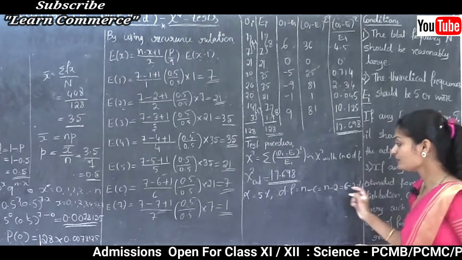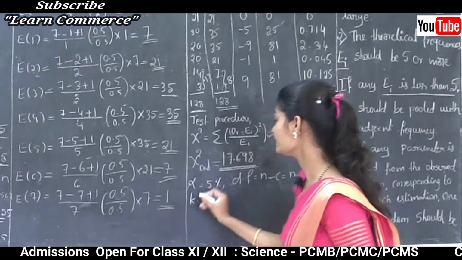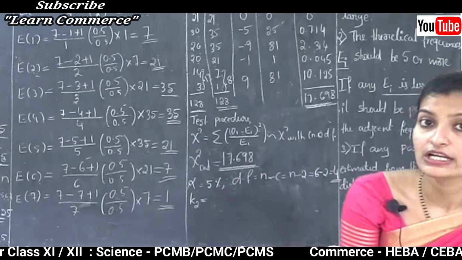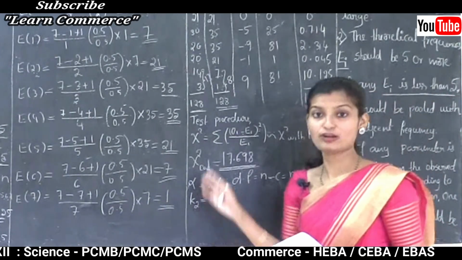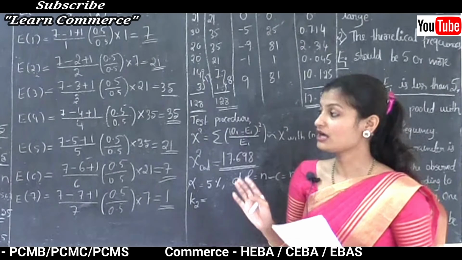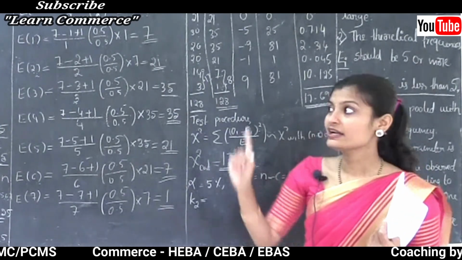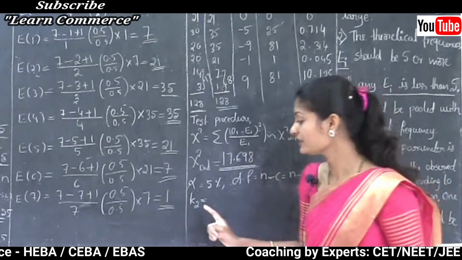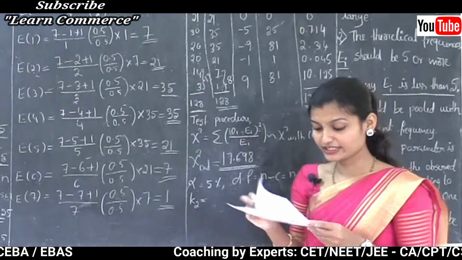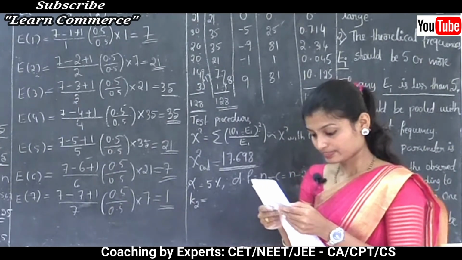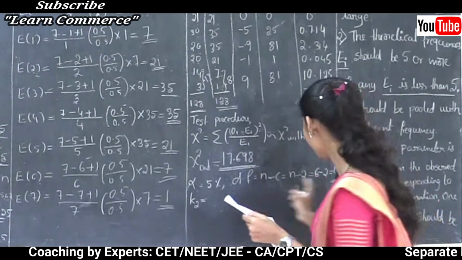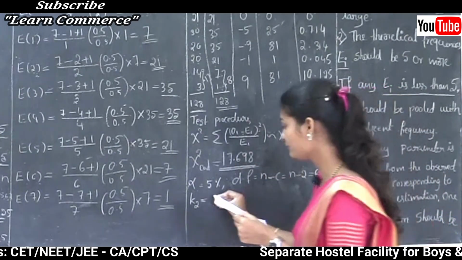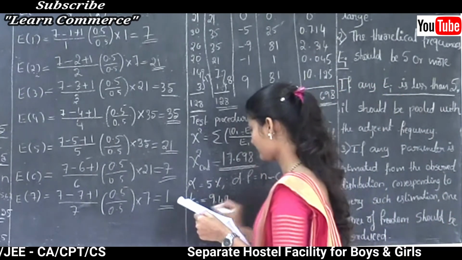Now we need to find the critical value. Using alpha and degrees of freedom we can find the K2 value, that is the critical value. Why is it K2? Because it is an upper tail test. I explained in the test procedure that chi-square goodness of fit is always an upper tail test. Here the degrees of freedom is 4 and this is a 5% upper tail test, so the K2 value is 9.49.